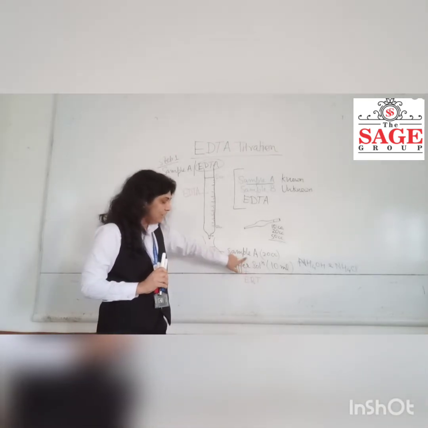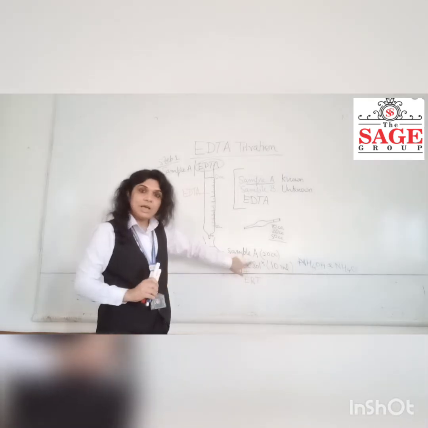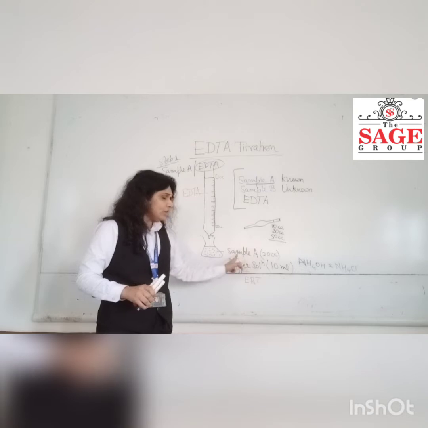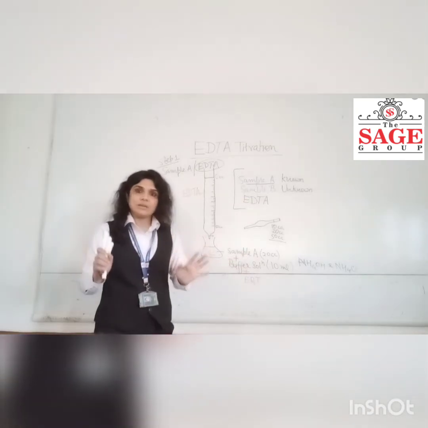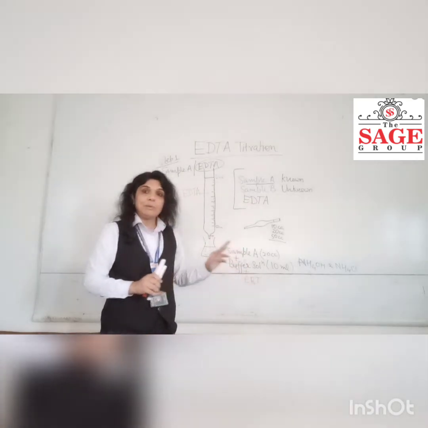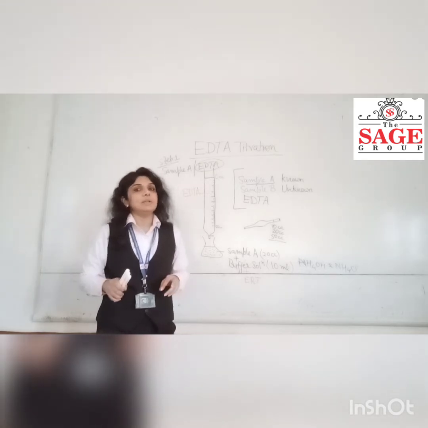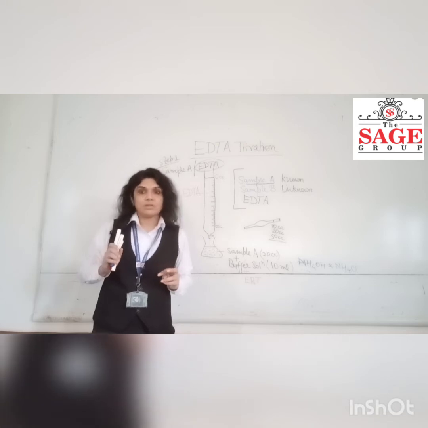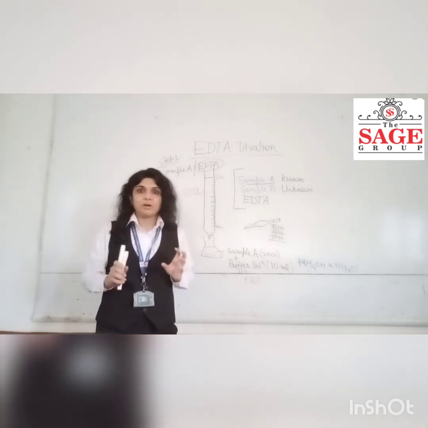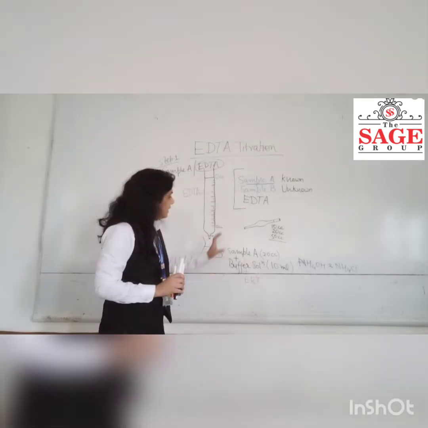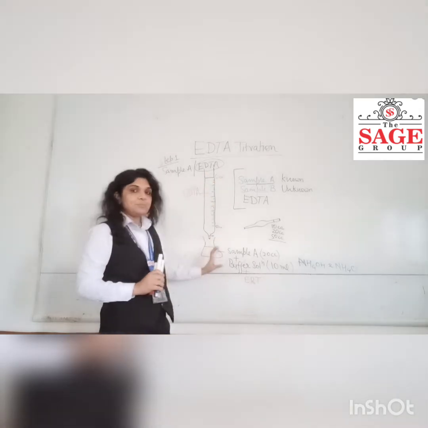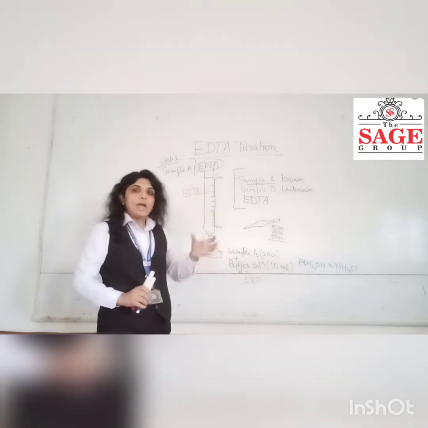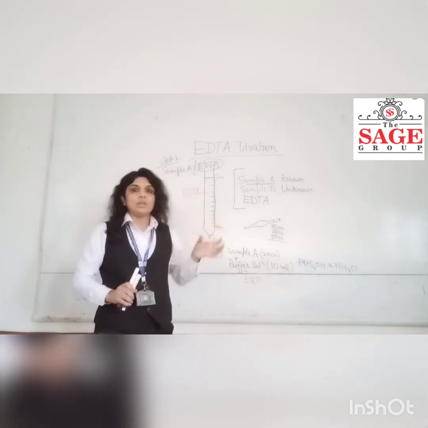We have taken sample A, poured buffer solution, and as soon as we added EBT, this water solution, which was transparent just like water, turned to a wine red solution. A violet red type of solution is formed. Now we will be adding this EDTA. Drop by drop our EDTA solution is coming down, and continuously we will be shaking the conical flask.